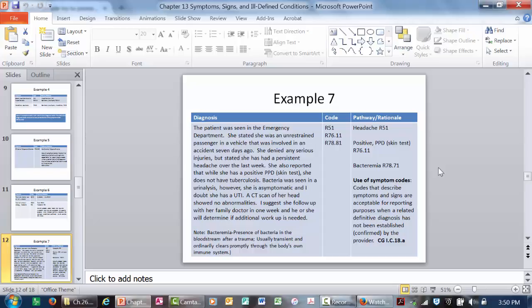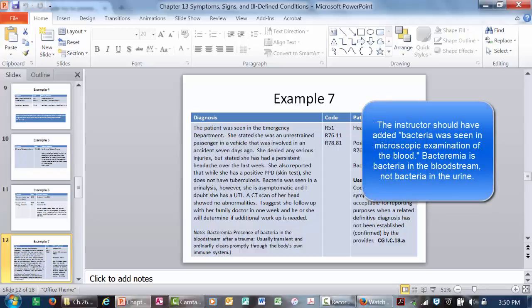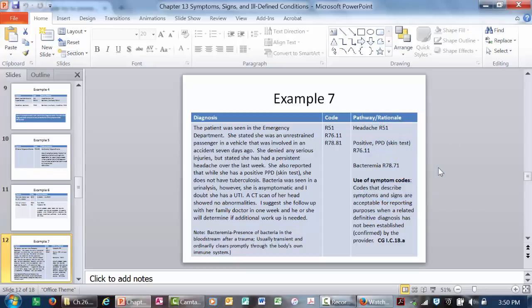She also reported that while she has a positive PPD skin test, she does not have tuberculosis. Bacteria was seen in a urinalysis, however she's asymptomatic and I doubt she has a UTI. A CAT scan of her head showed no abnormalities. I suggest she follow up with her family doctor in 1 week and he or she will determine if additional